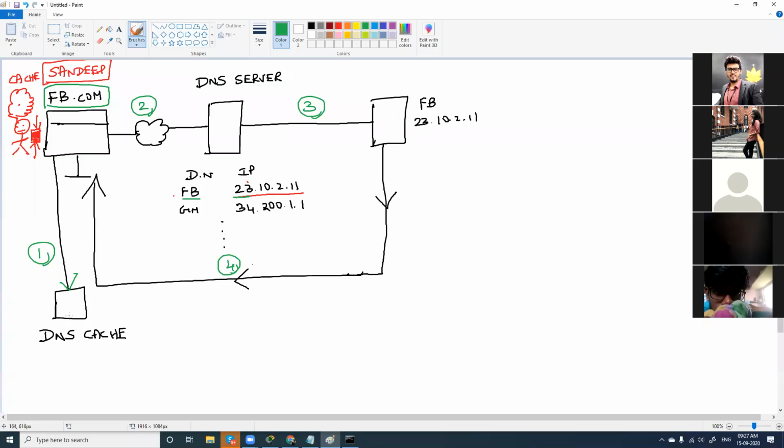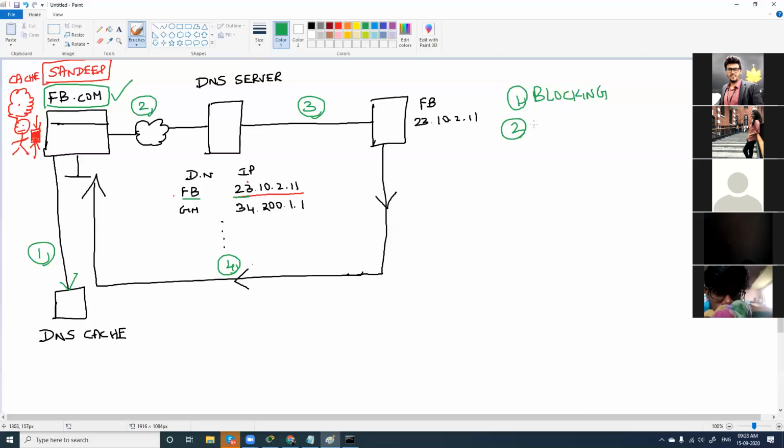But sometimes your network admin or system admin can configure a few things here to allow or disallow access to a few websites. I'll show you how to access this DNS cache and how to achieve two things. One is blocking a website. If you want to block a website in your computer, you can do this.